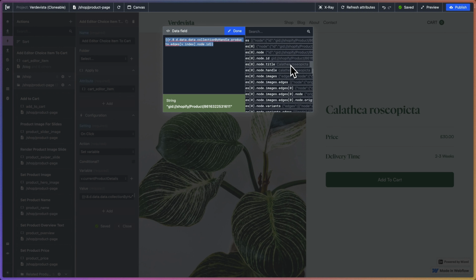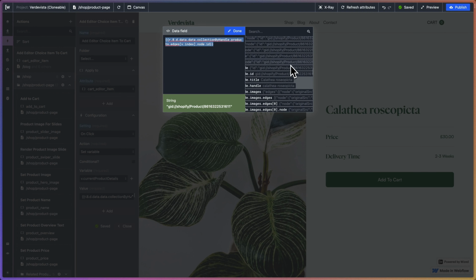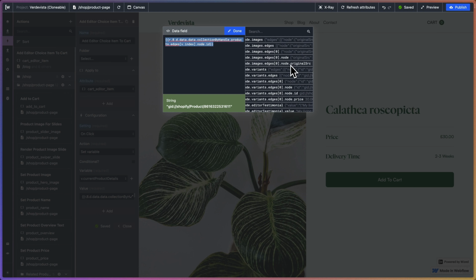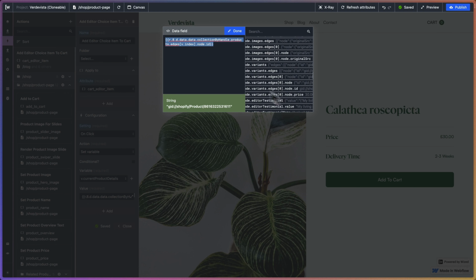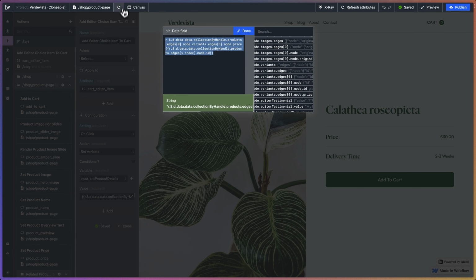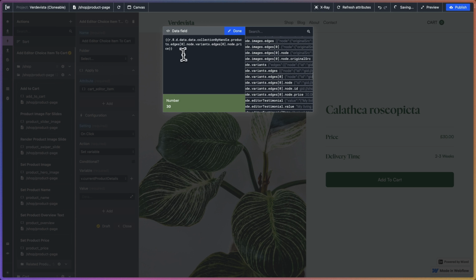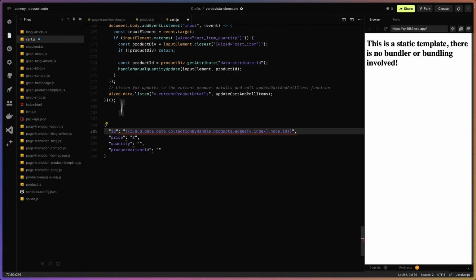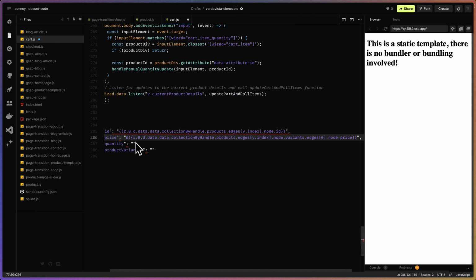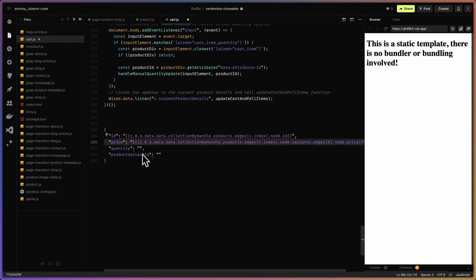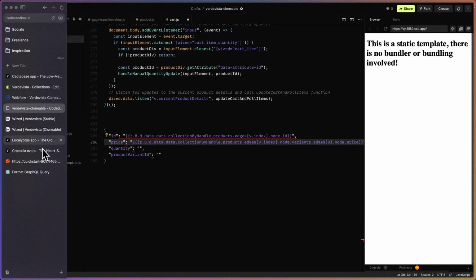So let's grab the price as well. Don't know why I didn't think of this before. Price, there we go. Let's select that again and replace the 0 with v index. Okay, perfect. So let's take that off and just copy that. Price, and then quantity as is,